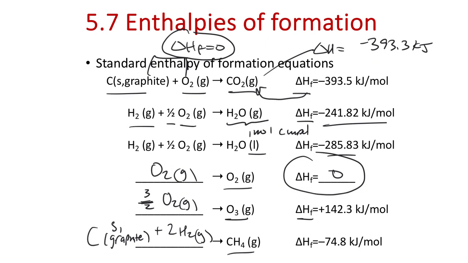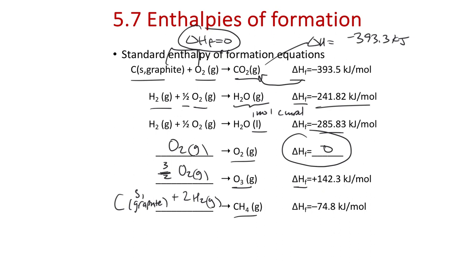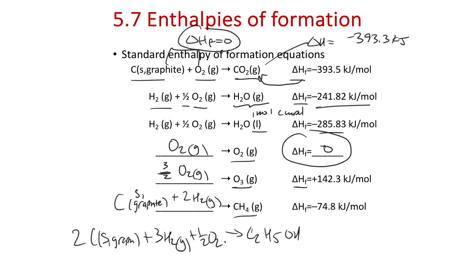One is just writing the formation reaction for a given substance, where you're told to write the formation reaction for, I don't know, let's just say ethanol. So if we're writing the formation reaction for, that's not ethanol, it would be C2H5 hydroxyl. So if you want to write the formation reaction for C2H5 with the OH group, then we're just writing 2 carbon solids, graphite, plus 3 H2s in the gaseous state, plus 1/2 a mole of O2 gas. That corresponds to the formation reaction